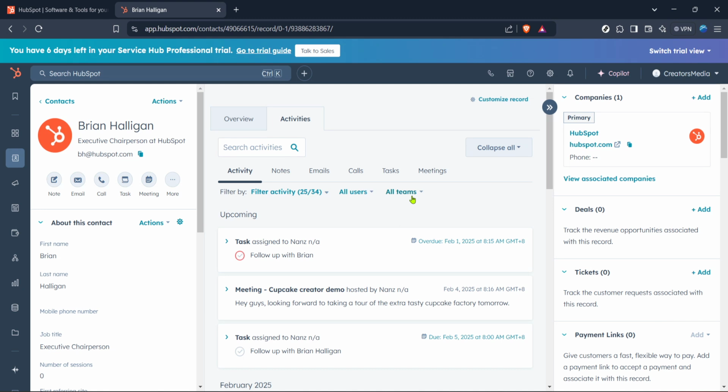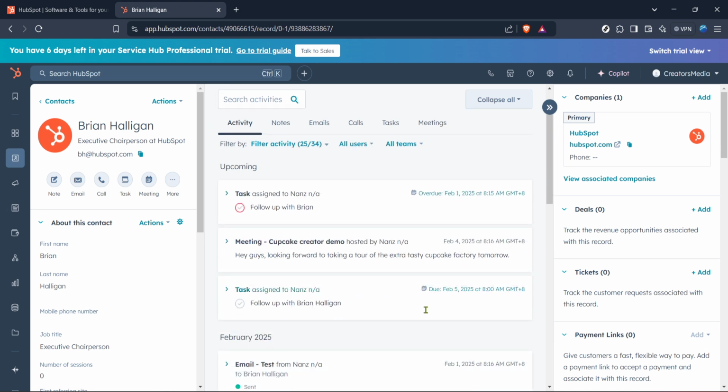And ensuring timely communication. And there you have it, a quick and efficient method to create follow-up tasks directly from your records in HubSpot. With these steps, you can maintain a more organized and productive workflow, ensuring you never miss